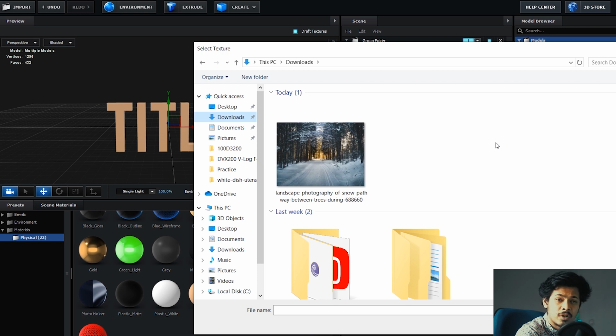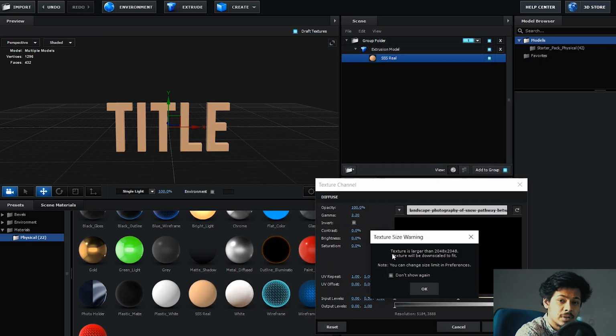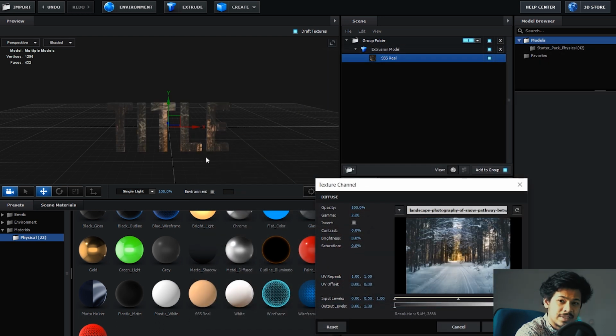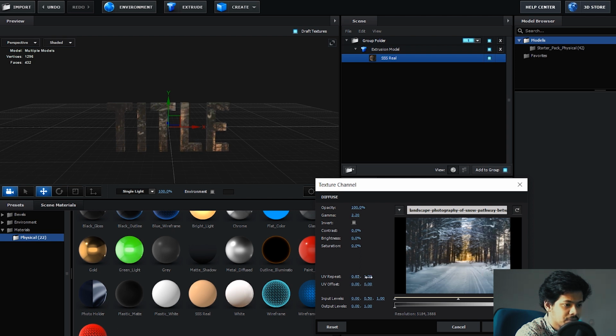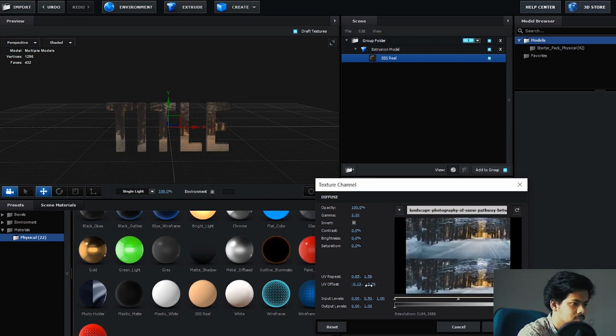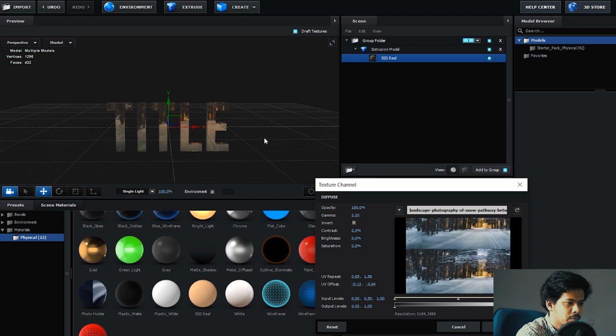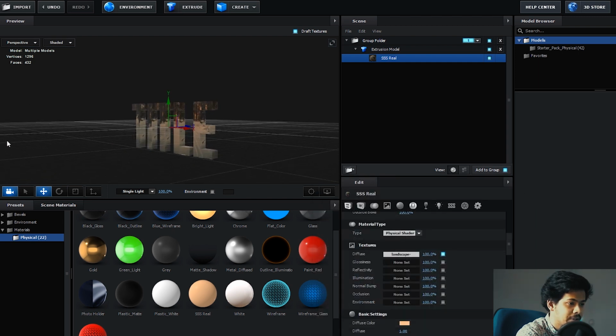Since our drone footage is of a wintry snowy mountain, I'm just going to drop in a snowy wallpaper here to blend the title with this particular video. So click OK. As you can see, the texture is loading up on this title here. Now you can make some changes to the position, and to do that you have to change the UV repeater and UV offset value. So I'm just going to change it here till I get the desired values. Yeah, this looks fine to me. Once you're done with your adjustment, click on OK. And now you can see the texture is beautifully applied on my text here.